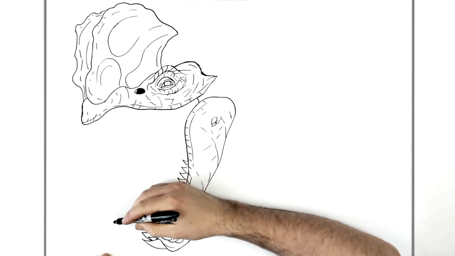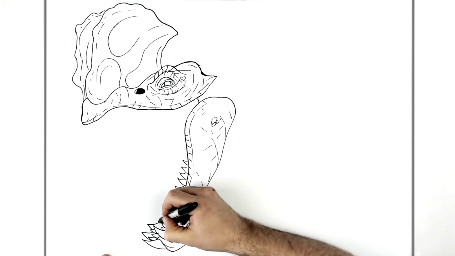So let's say here, right? And we can see kind of the back of these teeth. So